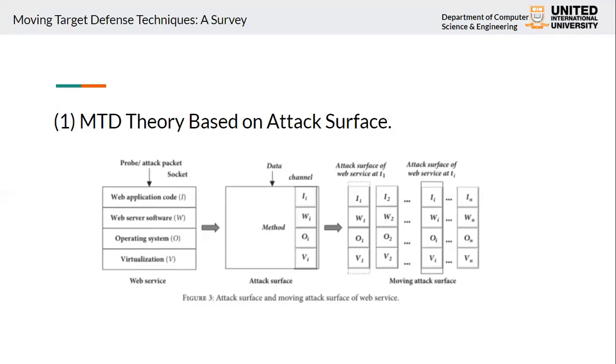An MTD system is a triple, where T refers to the service configuration, as it can be regarded as a set of configuration parameters. Then G refers to the system performance goals and security goals. And lastly, P refers to the system strategy. And after analyzing, it believes that MTD should ensure the system performance at first, and on that basis it achieves its security goal by increasing the diversity of the system configuration space and improving the uncertainty of configuration parameters.